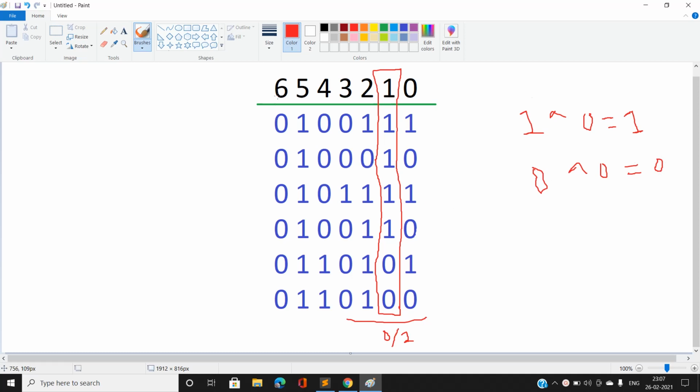Now you can see that if this bit is 0 for the number k, then every one present at that position stays 1 after the XOR. So the number of ones will remain the same, and the number of zeros will also remain the same.